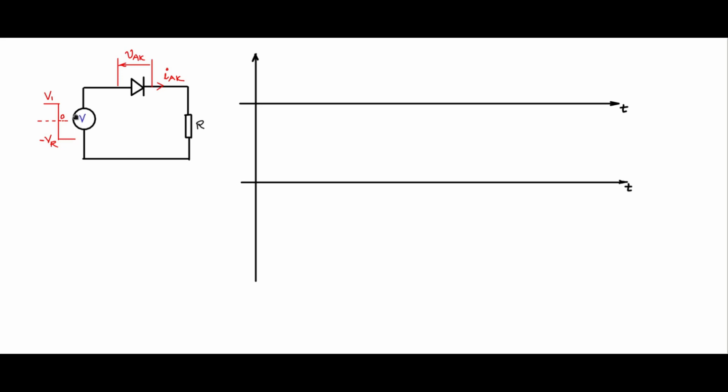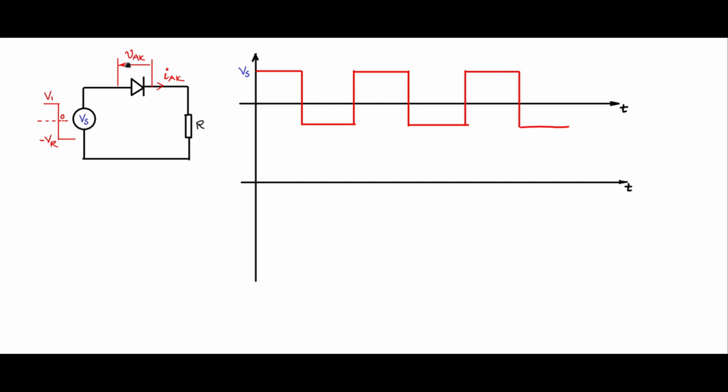Now first let us look at this input source waveform Vs, and Vs we saw has two states. When it is high it is V1, when it is low it is minus Vr, and it keeps swinging between these two states periodically. So let us see several periods, where the high state is V1 and the other state is minus Vr. So this is the kind of waveform that you are seeing here applied.